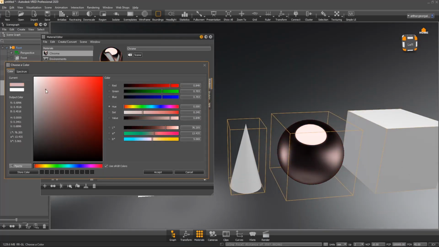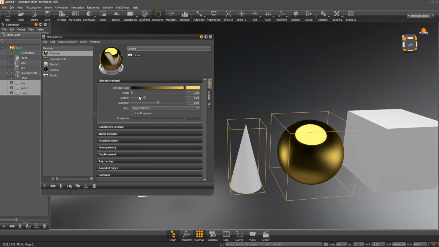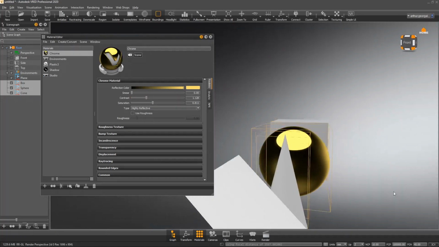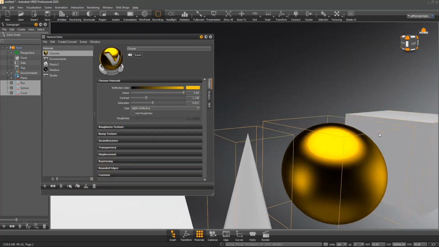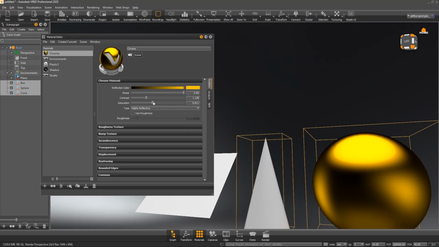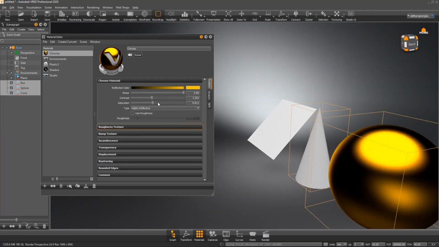You can play around with the reflection color up here to get your own specific material look, but a lot of it comes from the saturation, the contrast as well, of how you really want your gold to look. It can be really tricky to get things like gold to work properly. I think I have glow turned on in my settings. That shouldn't be on. But yeah, so it gives you a huge amount of control, but obviously you can see